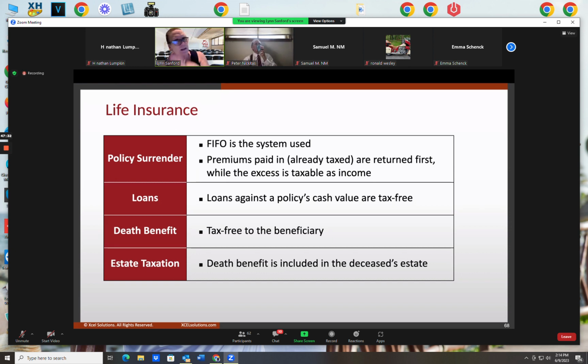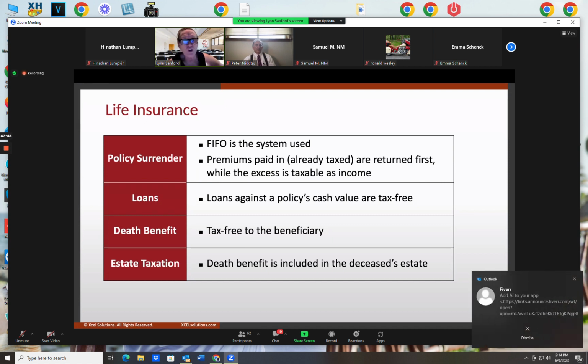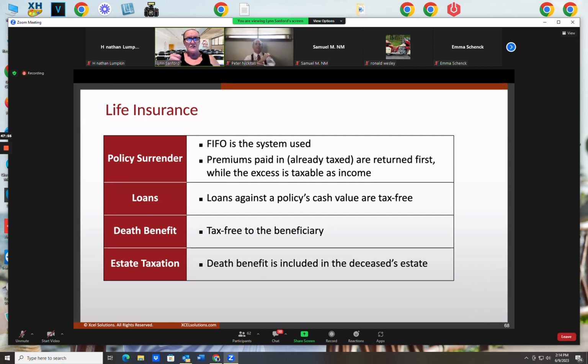So on a normally operating cash value life insurance policy, when you surrender it, let's say you had a whole life policy for 20 years, got a sizable cash value built up in there. Now you say, I don't have a need for this policy anymore, I'm going to send it back to the insurance company, have them surrender it, send me a check for the policy surrender value, cash surrender value. So, again, when you surrender it, you will not have to pay tax on the premium dollars you paid into it, because that's your cost basis. You already paid tax on those before you paid the premium out of your checkbook. And it's taxed on a FIFO basis.